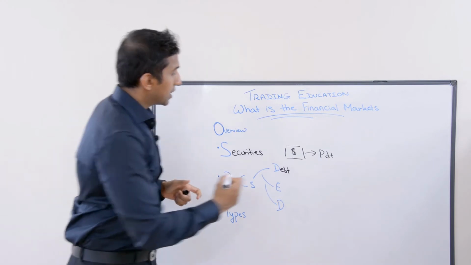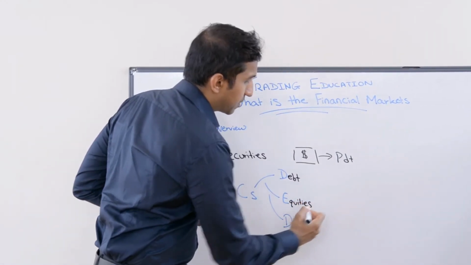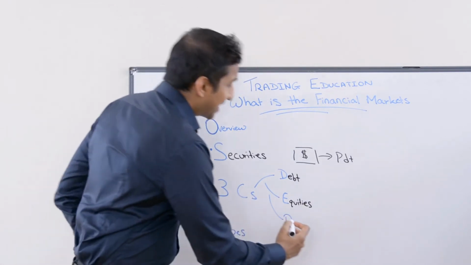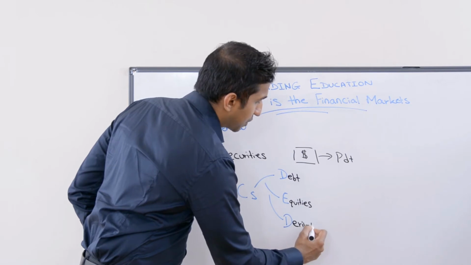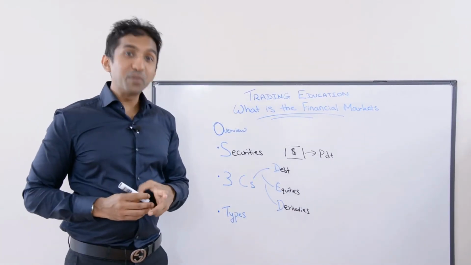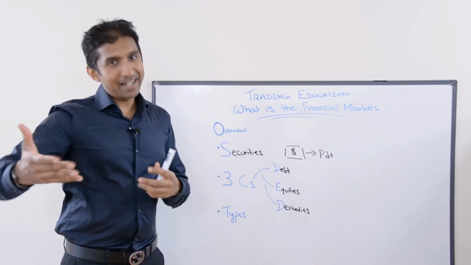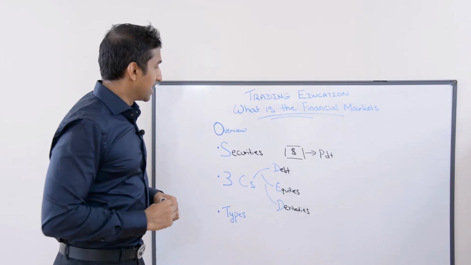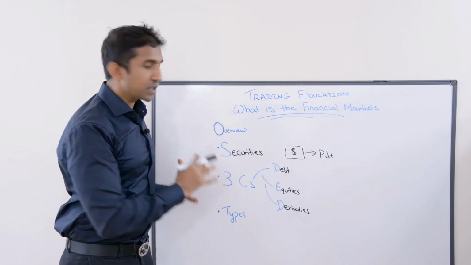The next one is the equity securities. I've already explained this before, like the stocks. And the next one then is like the derivative securities. Derivative securities is anything to do with like futures, options, which we're going much more in detail later on as well. Okay. Now, finally, understanding all the securities, okay, it's good.